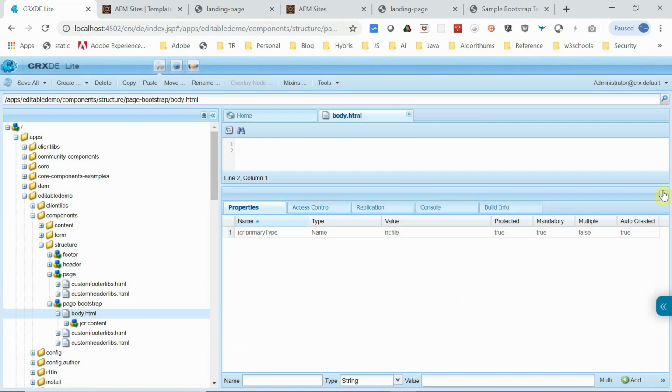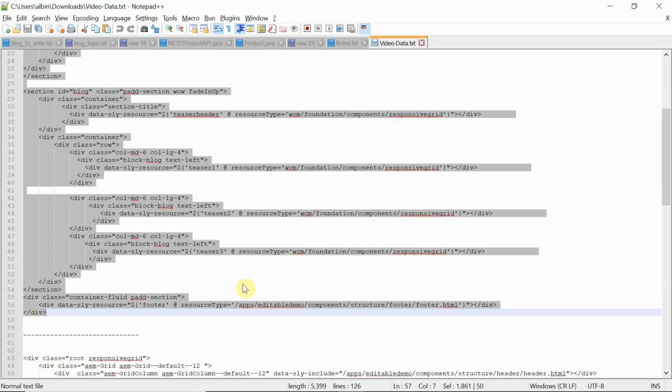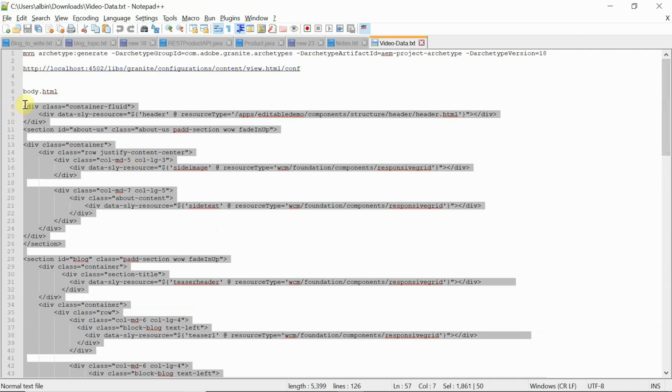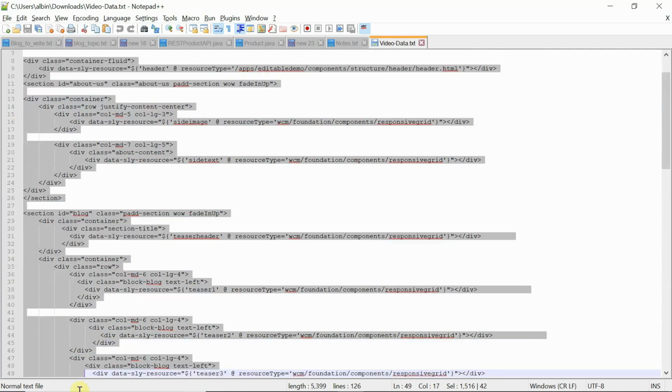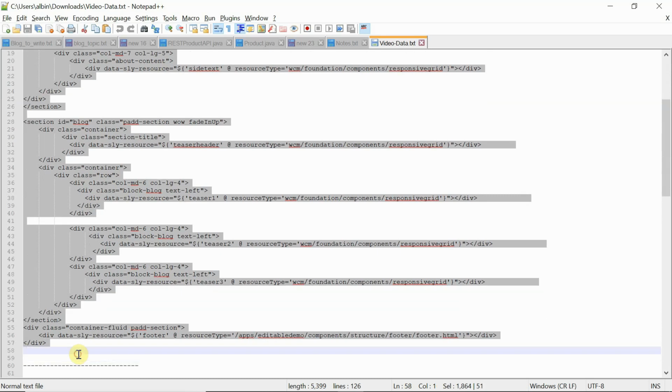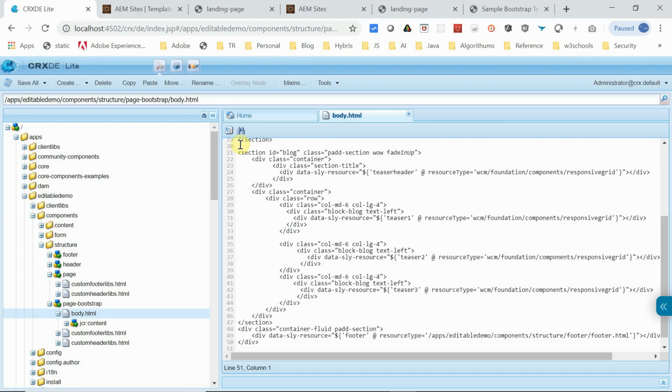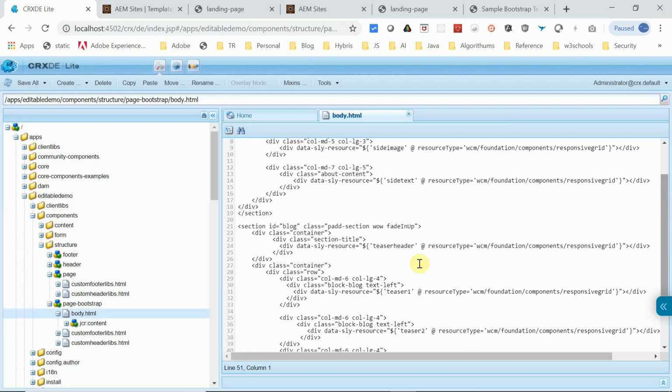Now I have the structure already defined in Bootstrap. I will go here. This is the one, div, and this is the column and row defined in Bootstrap. So it is the same structure we developed earlier through the editable template options. The template author was defining the structure there, but here we are doing it through code. Okay, this is fine. Now the page rendering component is ready.